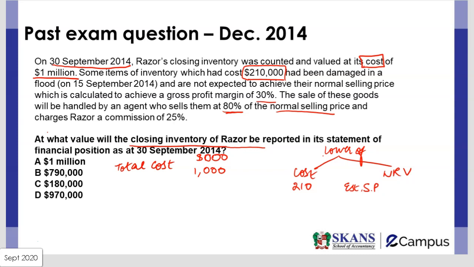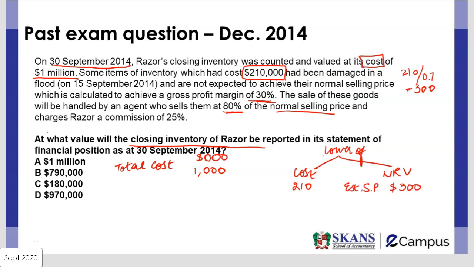Here we can see the question says that 210 is the cost and 30% is the gross profit margin. So if I divide 210 by 0.7 or 70%, we get the estimated selling price of 300,000. Keeping dollar thousands combined, the selling price is going to be 300. Whenever such questions come in which you have to calculate gross profit margin or markup, you can use whichever approach